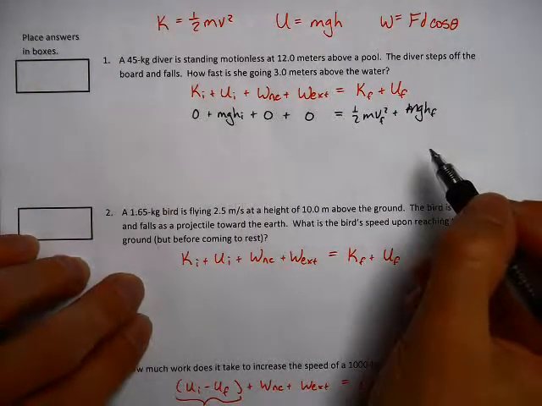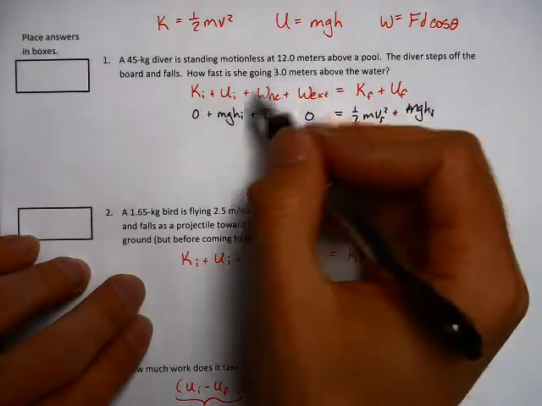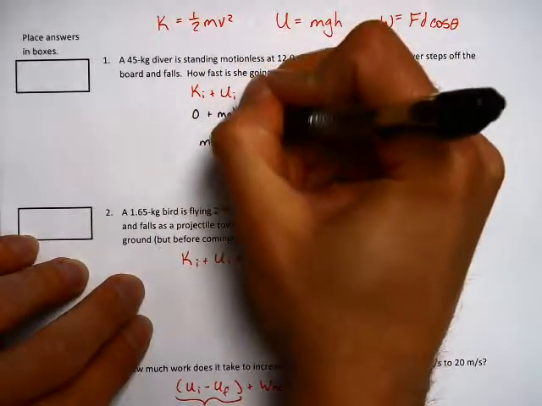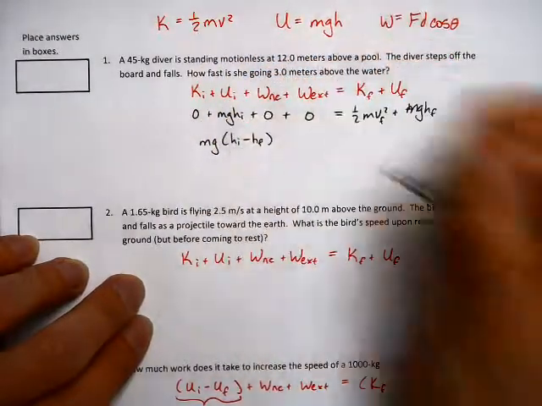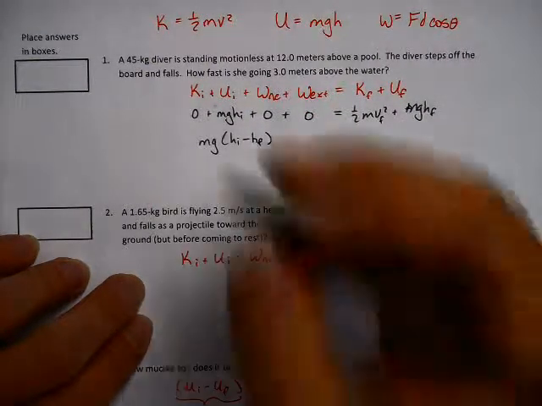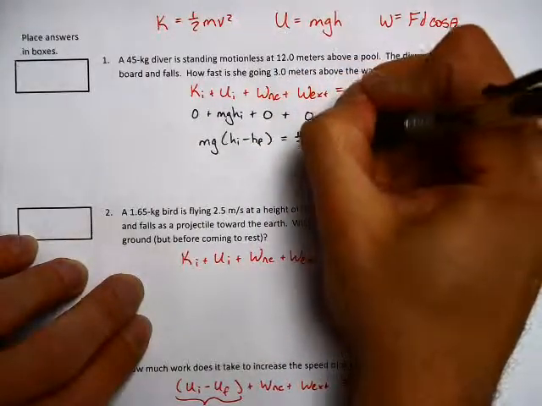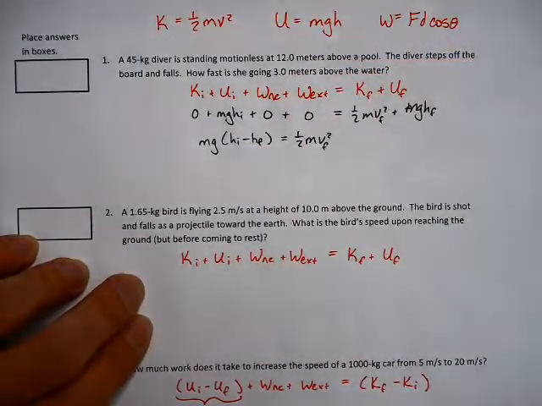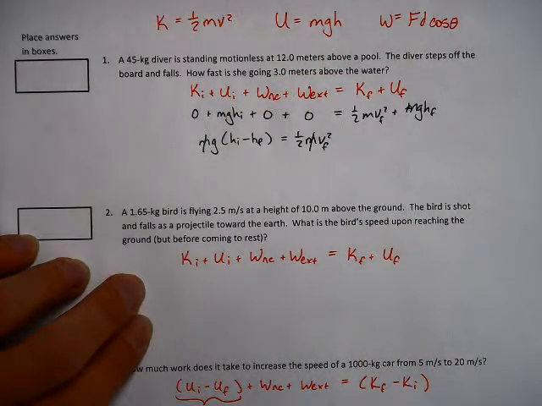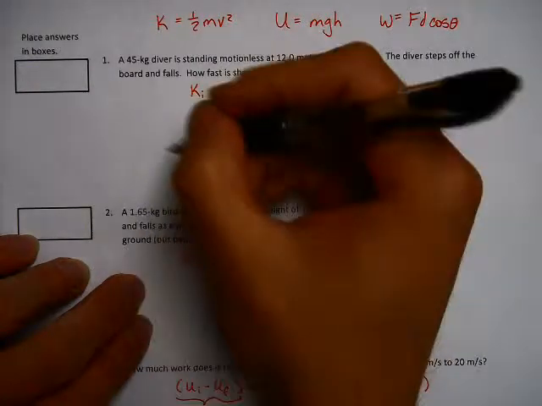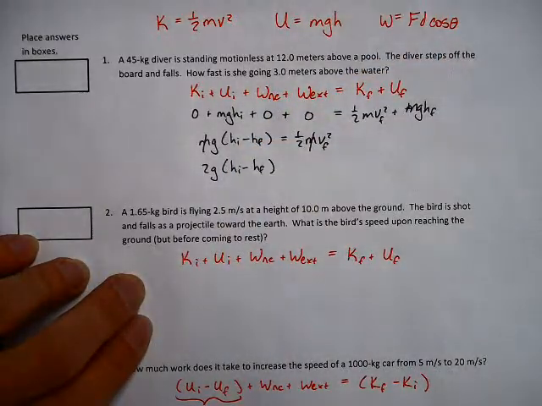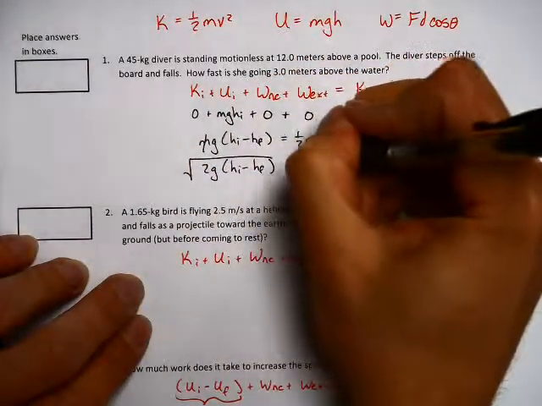So what I'm going to do is subtract mghf over to the other side, and I'm going to get mg times hi minus hf. I've subtracted that term over, and then I factored out the m and the g. This is going to equal 1/2 mv squared. The m's can cancel. Algebraically, I'm trying to find vf. I multiply both sides by 2. And I take the square root. That gives me my final